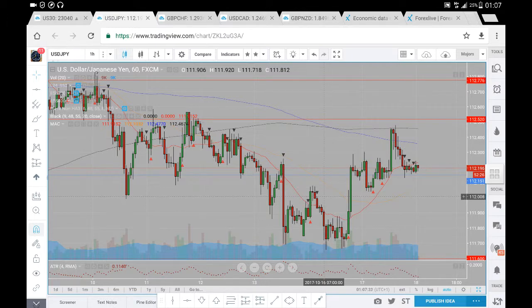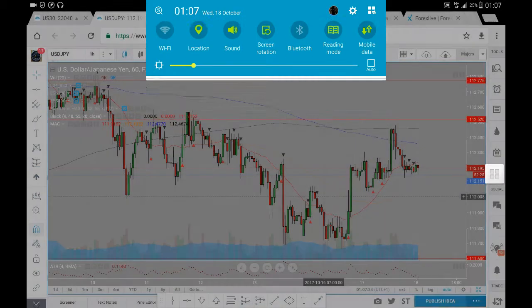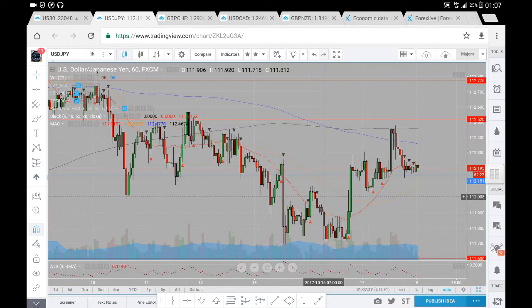So this is US dollar Japanese yen analysis for Wednesday the 18th of October. Now let's just have a look at what's happened with prices on the 17th. So on the 16th we had this big move to the upside, strong buy momentum from that zone that we